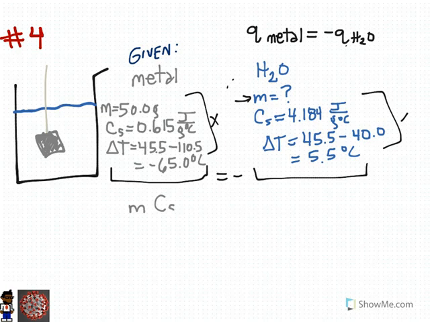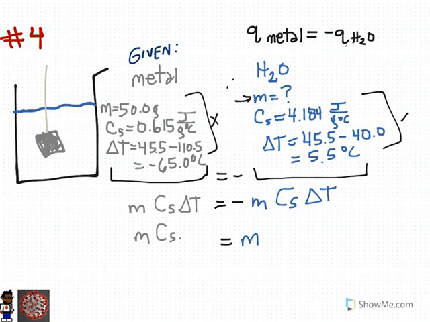The mass times the specific heat capacity times the change in temperature of the water, and we set that equal to the negative mass of the metal times specific heat capacity times the change in temperature of the water. If we rearrange, we will get the mass of the water is equal to, and we throw everything else to the other side, the mass of the metal times its specific heat capacity times its change in temperature